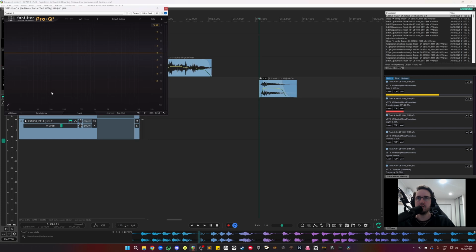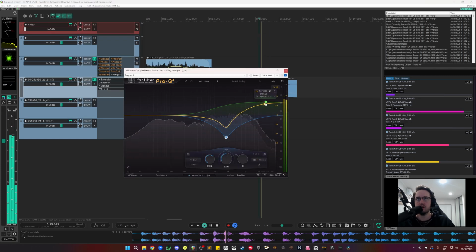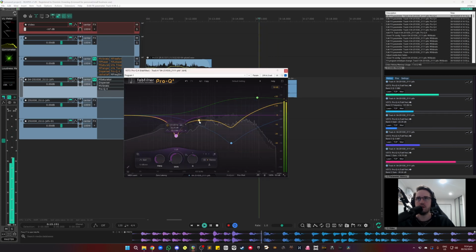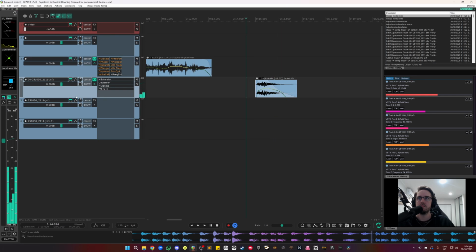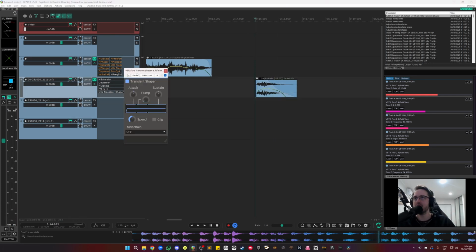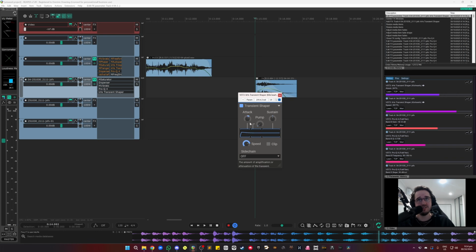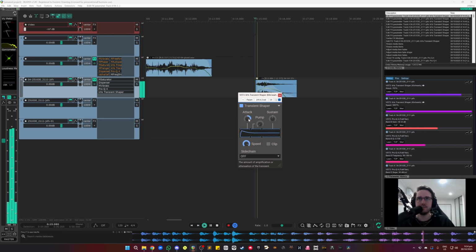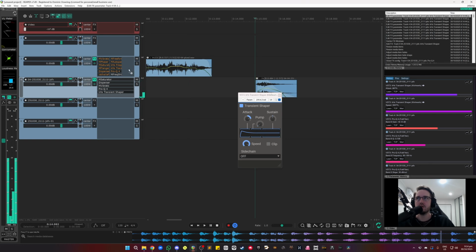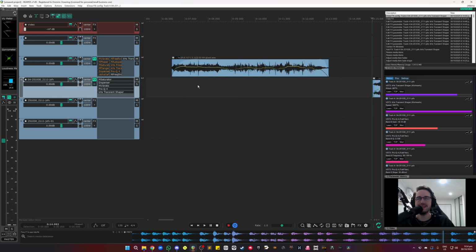That's pretty cool. We can EQ it because, nice. Anyway, I'm not super happy with that sound, but it's good enough. We could add some transient shaping in, which if you turn the speed all the way up, you can get a lot of the cracky, like lightning stuff. You can really hear it there.